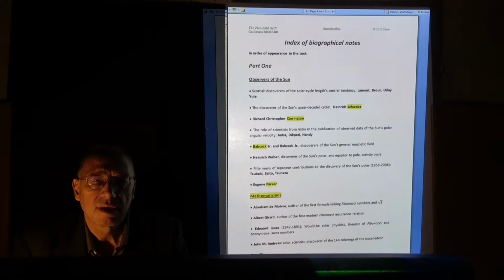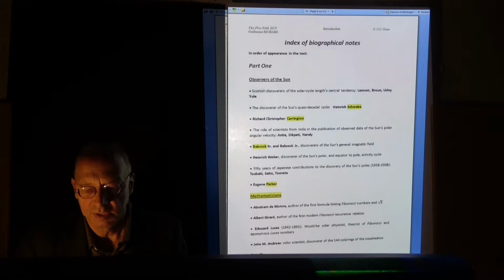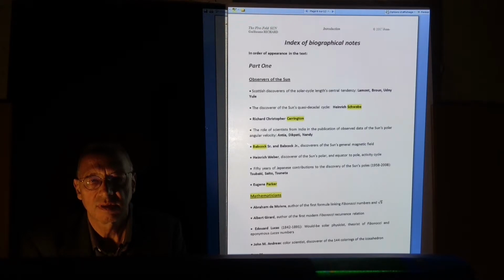There is in the introduction to this work an index of biographical notes, which I included in these pages in honor of those who I found on my way to assembling as much as possible of the important knowledge that exists on the Sun. Again, Schwabe, Carrington, Babcock, but closer to us also Parker. They each have their own biographical notice, which I put together in this work, as well as notices for